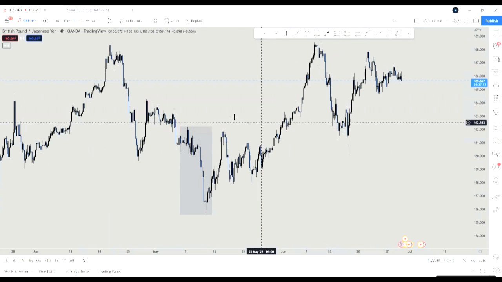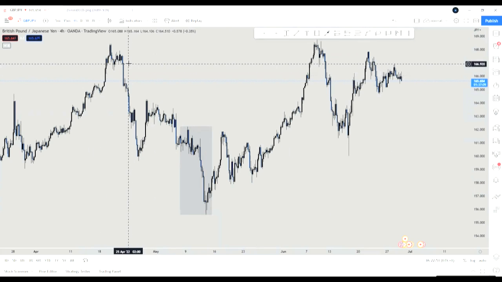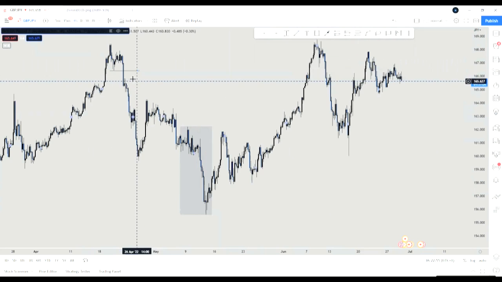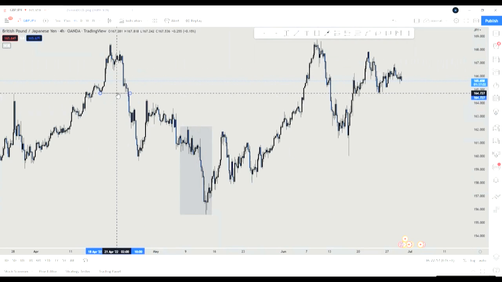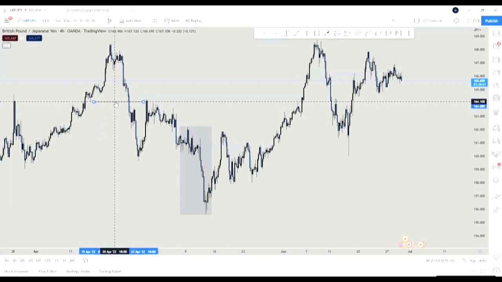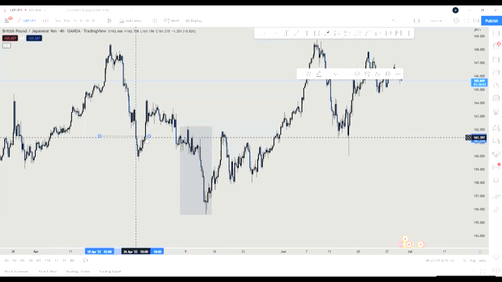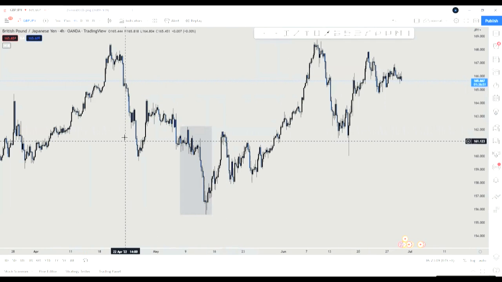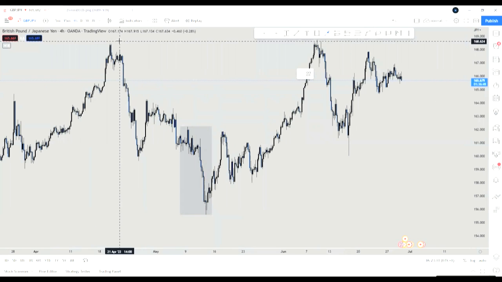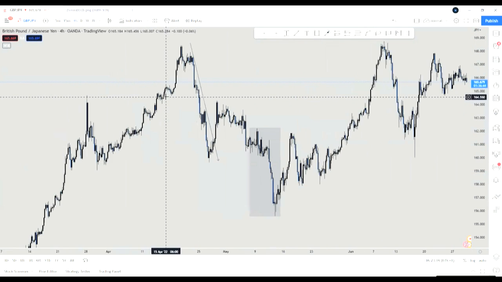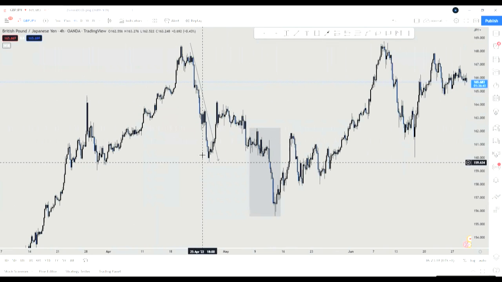Here we have seen the market creating new lows, forming the classic lower highs and lower lows that we all get taught in basic trend recognition. This initial push right here is showing some very strong bearish signs, and this was already good because we could eventually start shorting when price